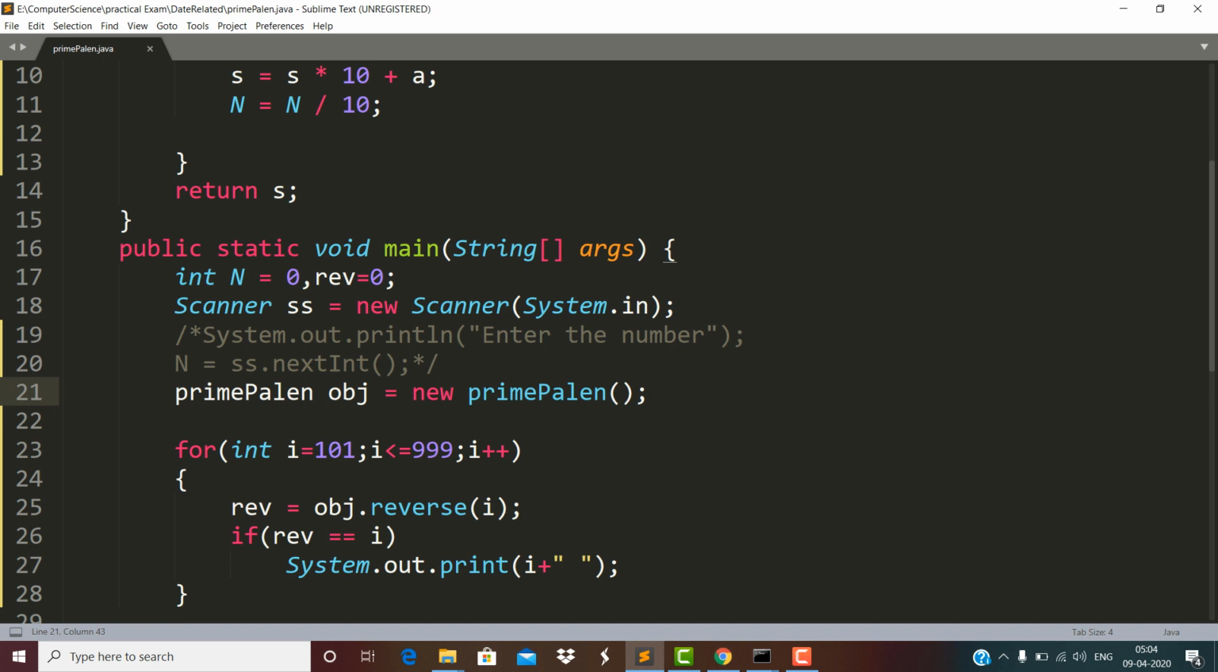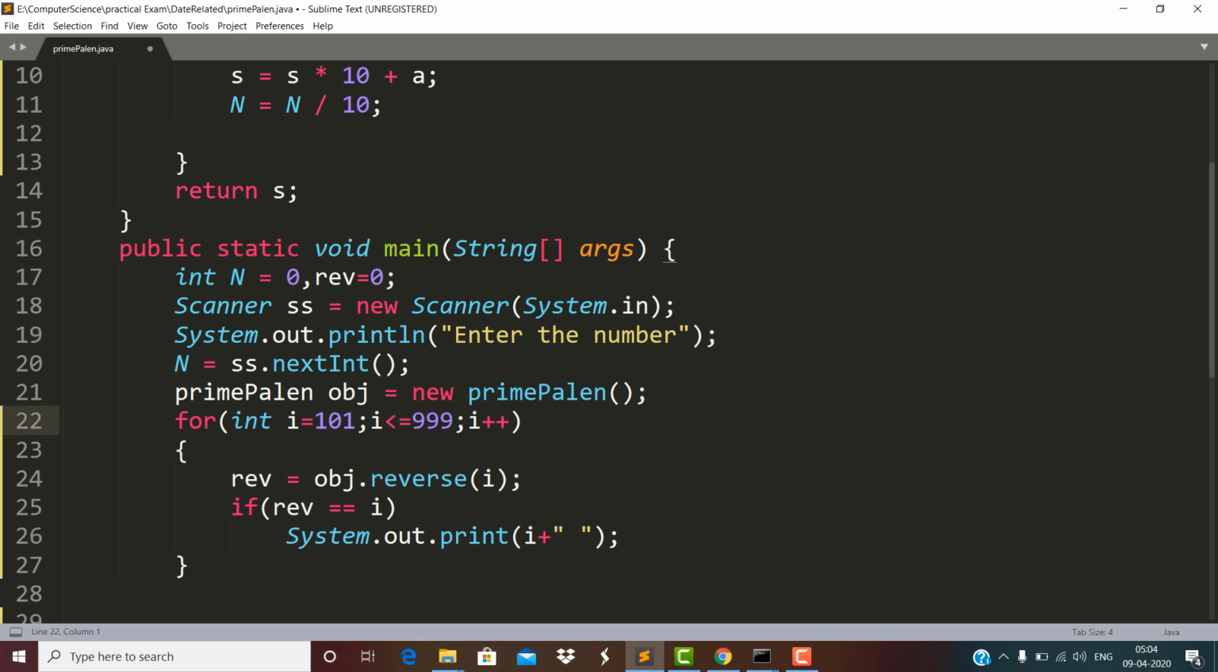Now in the same program, children, we want to check if a given number is a prime palindrome. Prime palindrome means that a number is said to be prime palindrome if it is prime and palindrome as well. For palindrome, you got to know the concept,